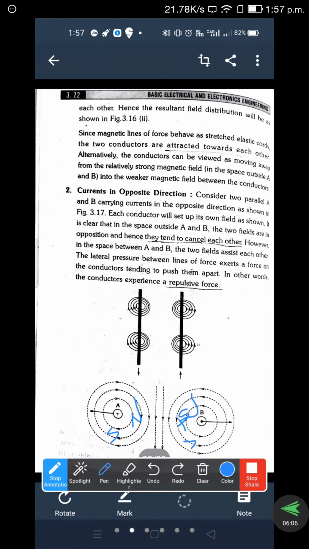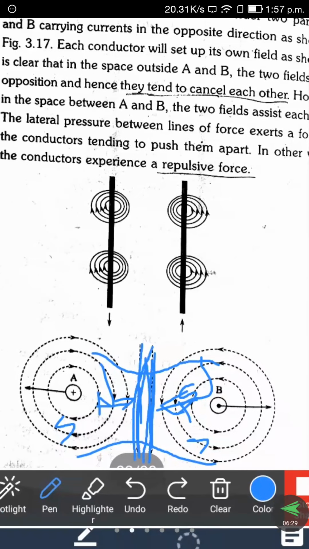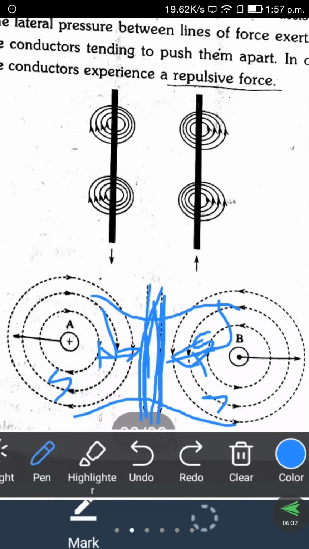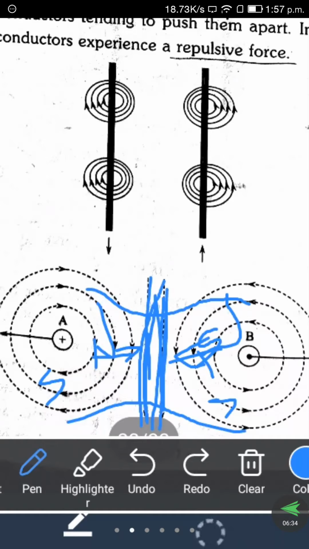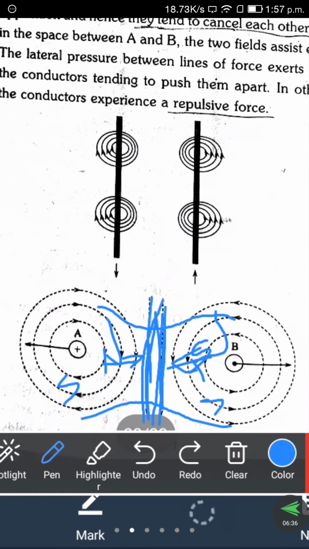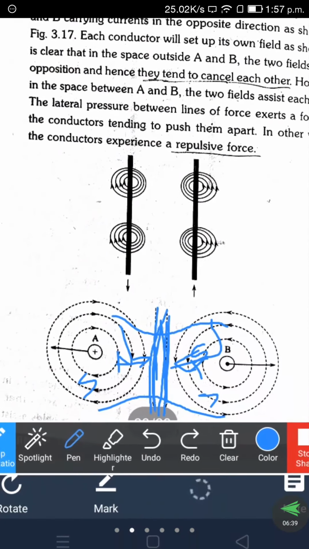If the repulsion force exists, a gap will appear. In the earlier diagram, when we saw it, they were linked to each other. But here a gap appears because of the repulsion force, as the fields repel each other. The outermost available fields get cancelled by each other. So the force that exists we assume as a repulsion force.